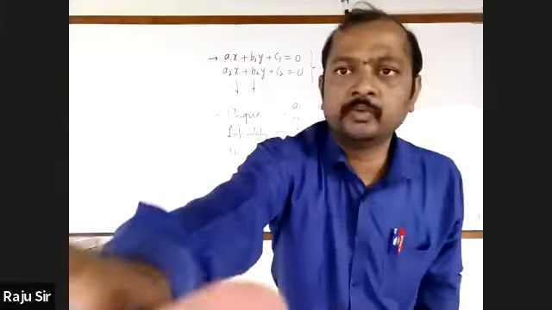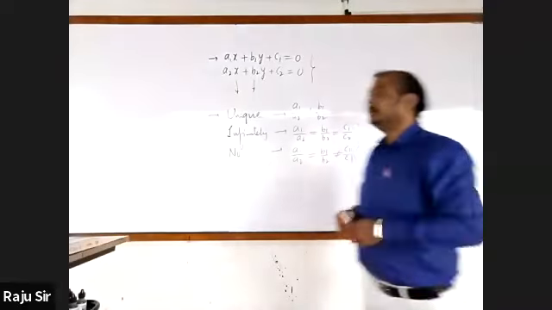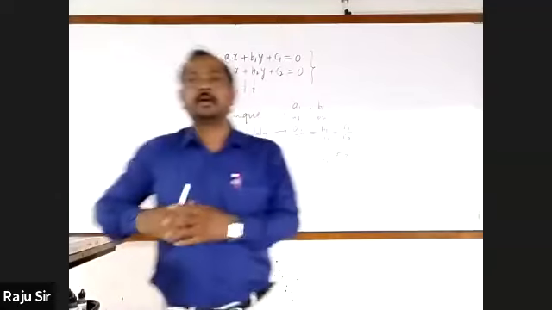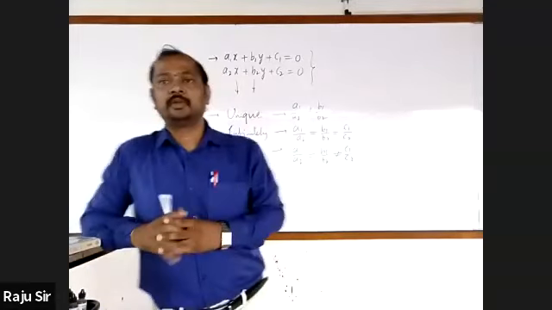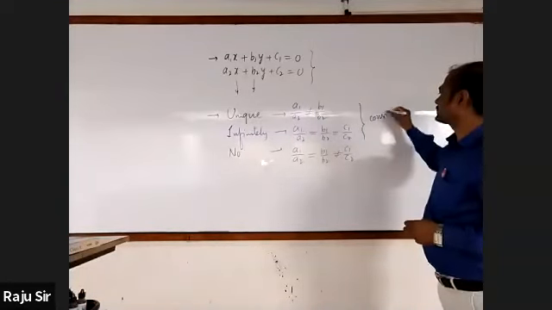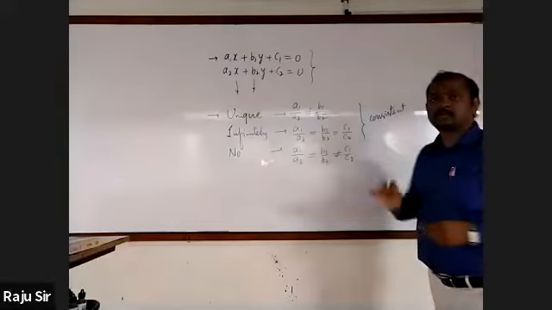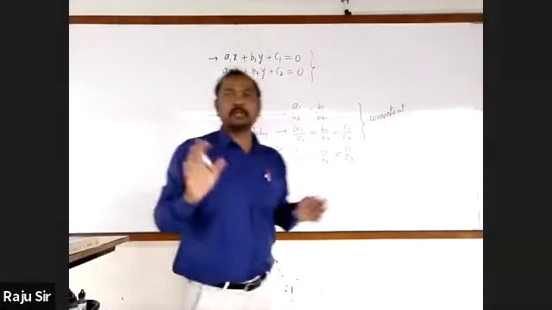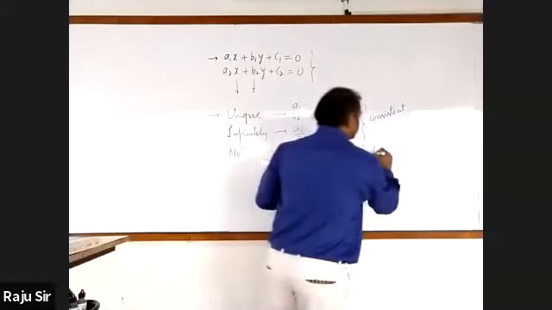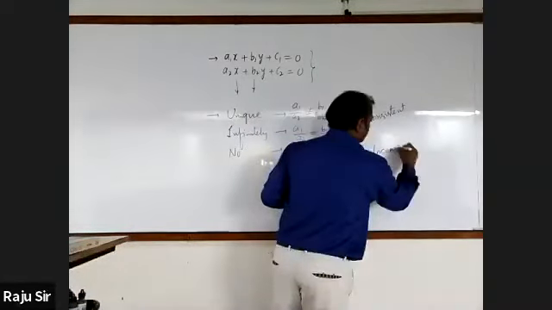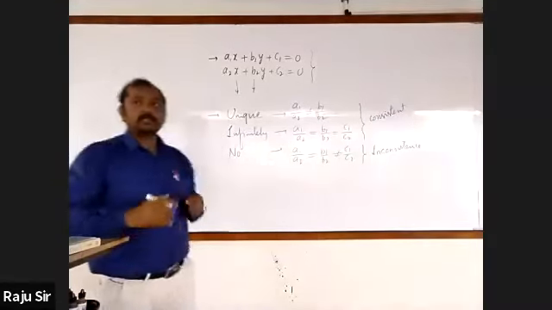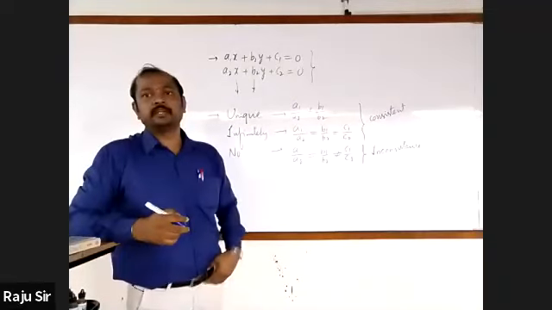And in general, we also know that if the given pair of linear equations in two variables has a solution, then such equations are called consistent equations. Solutions must be there. If no solution is obtained, we call such equations inconsistent equations. Not only this, we also come across the graphical representation of these equations.